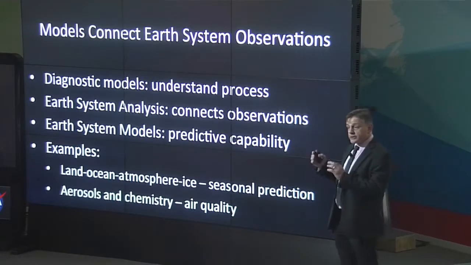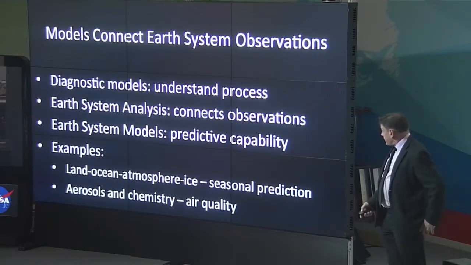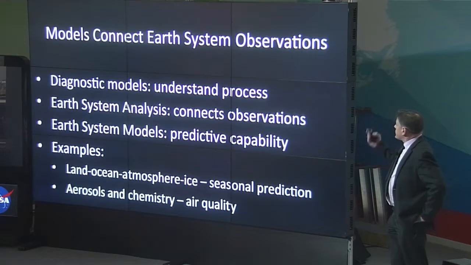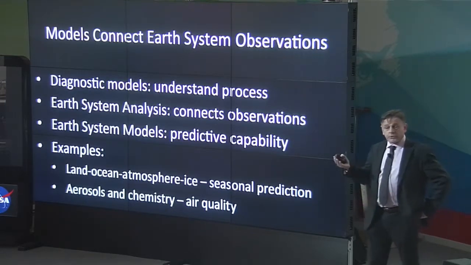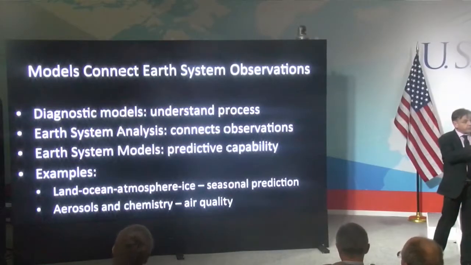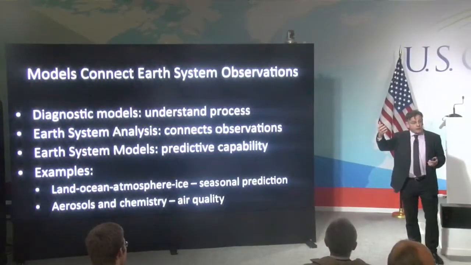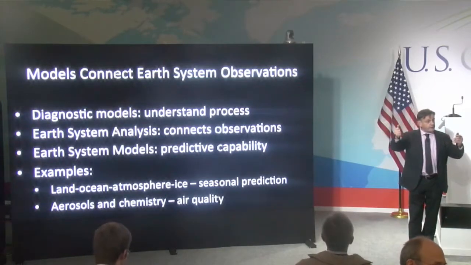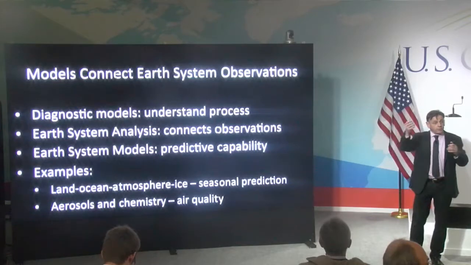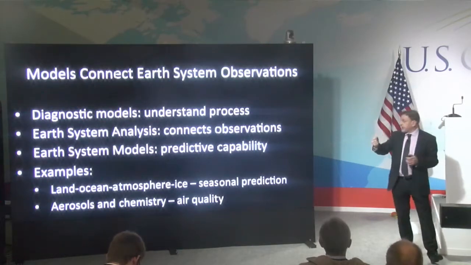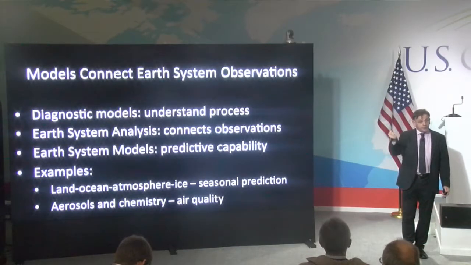and I've tried to put those into the context of how they can be used for climate purposes. What I'd like to come into now is a little bit about using models to connect Earth system observations together. Essentially, I've shown you can use observations from one satellite to understand something, but imagine how powerful it is when you can use some very intelligent, very sophisticated model and very complex computing resources to pull all of the information from different platforms together and come up with a more complete picture of the processes at